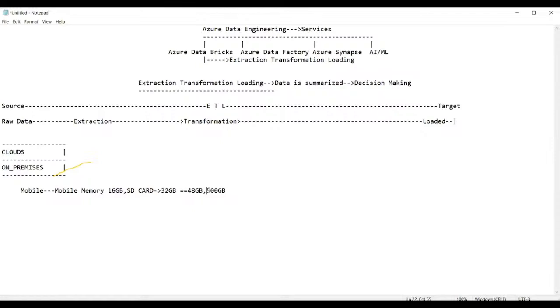Tell me now. OneDrive or Google Drive will be used. Very good, very good. So that means you will take the support of Google Drive. Am I right? Google Drive. But the problem is that Google is also providing you by default 15 GB as memory. Am I right? 15 GB of memory by default Google is providing to you. But now you have to store 15 GB or 500 GB, guys?